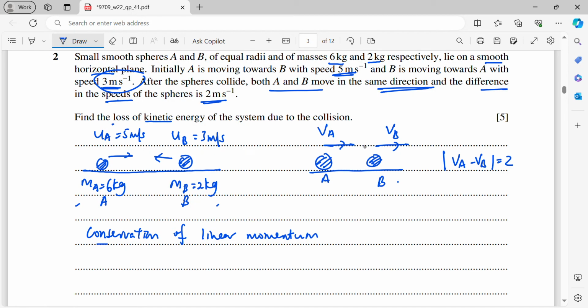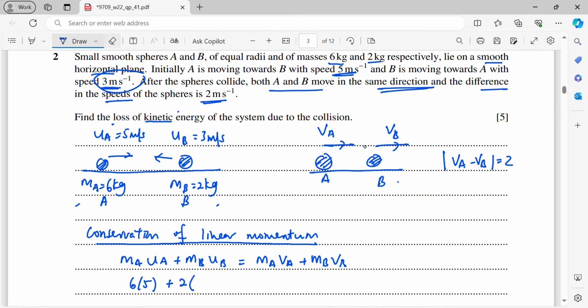Okay, so now before the collision, the momentum mAuA plus mBuB will be the same as the momentum after the collision, which is mAvA plus mBvB. Before we get the loss of kinetic energy, because kinetic energy involves the speeds, we just replace. It will be 6 times 5 plus 2 times